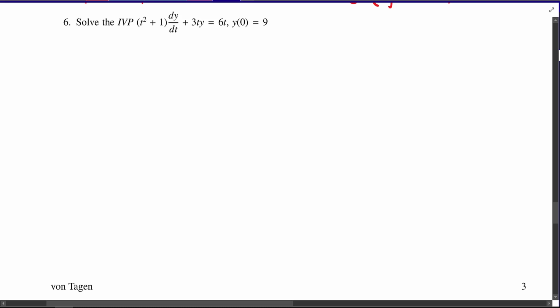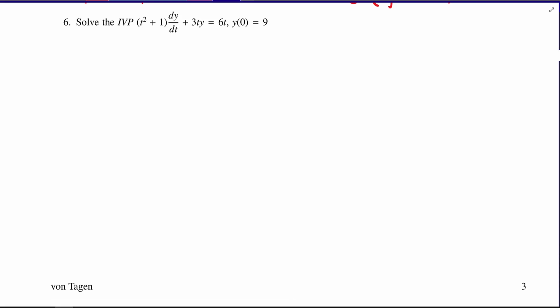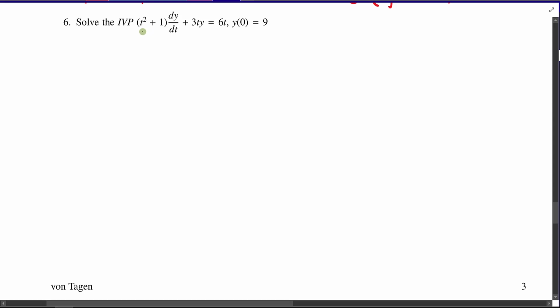Okay folks, so in this video we're going to do a second attempt at showing the integrating factor method for solving linear ODEs. So first of all, notice that this ODE is linear in that I can write it in the form dy/dt plus 3t over t squared plus 1 times y is equal to 6t all over t squared plus